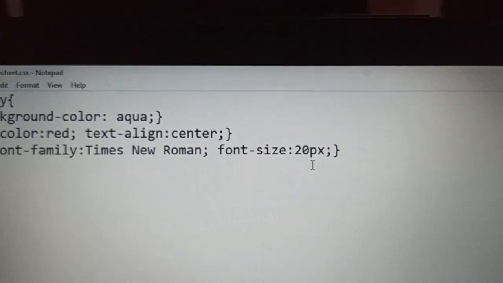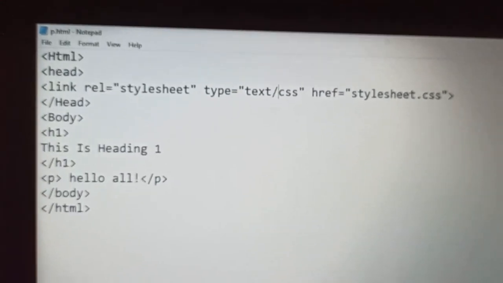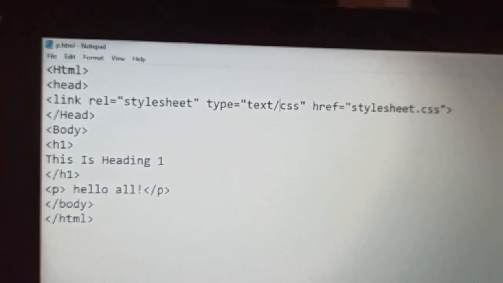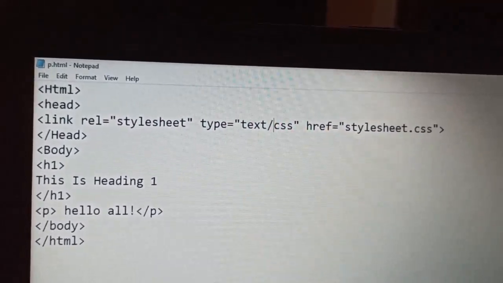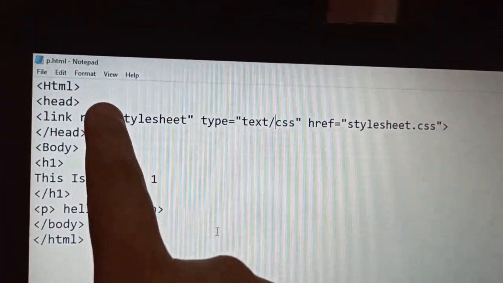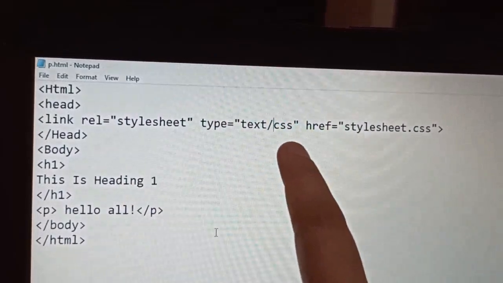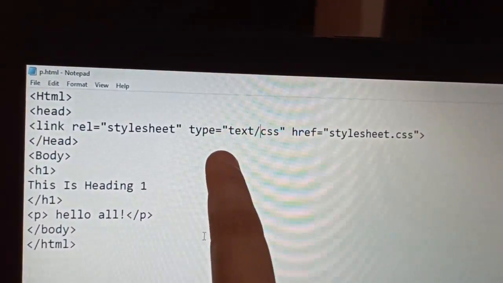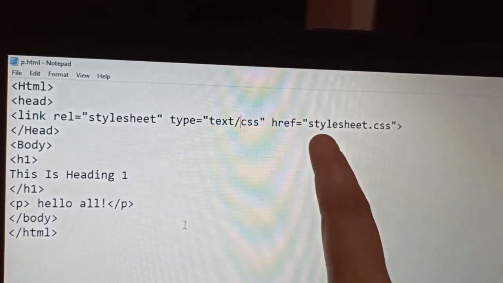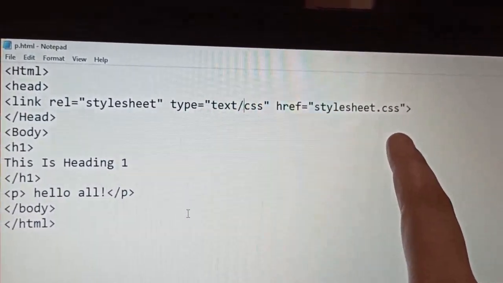Now I'm creating another file of .html. So step 2, here I have created one more file but with .html. My program always starts with HTML, then head, then I have told you that inside the head section the link tag would be there so that you can apply the external link. So I have mentioned the same, that is link rel equal to stylesheet, type equal to text/css, and for href I have taken the name of my CSS file, that is stylesheet.css.